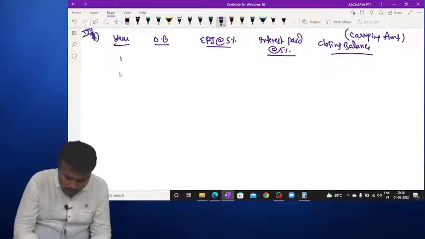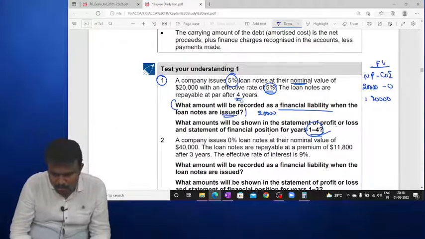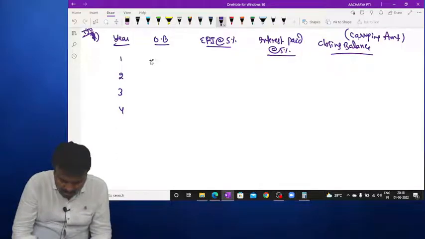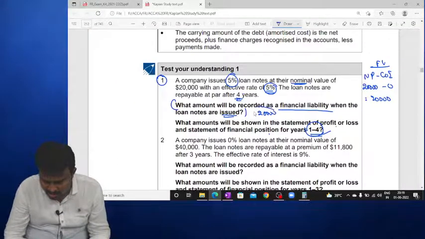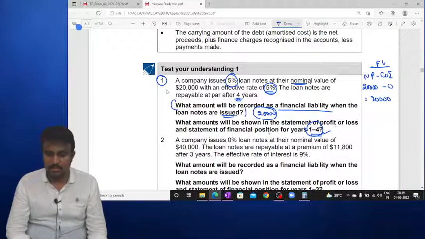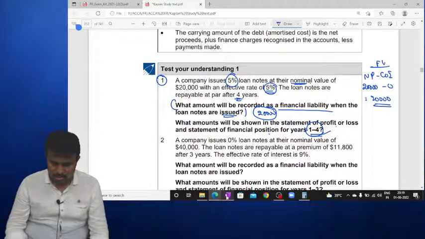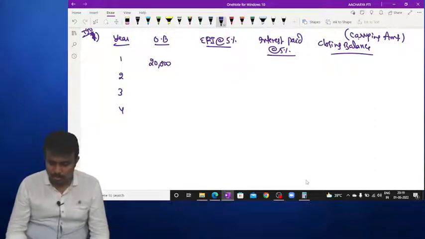Carrying amount. So how many years are there? 4 years, right? Total 4 years. So we have to recognize the opening balance. How much? 20,000. Initially that is recognized at what price? 20,000. Nothing but net proceeds minus cost of issue, already calculated as 20,000. Then 20,000 into 5%,